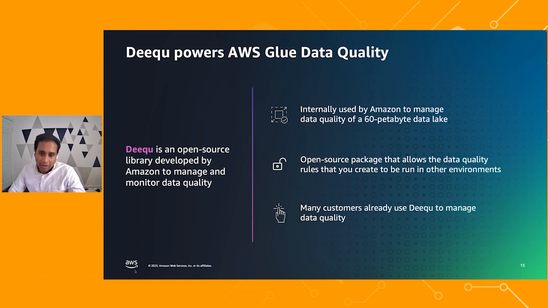Now with Glue Data Quality, you have a managed version of Amazon DQ, and you can completely avoid doing any of the management, library installations, or infrastructure management. This is something that a lot of our customers really love: getting this option of managed DQ and the ability to write data quality rules in this open package and not getting locked in.